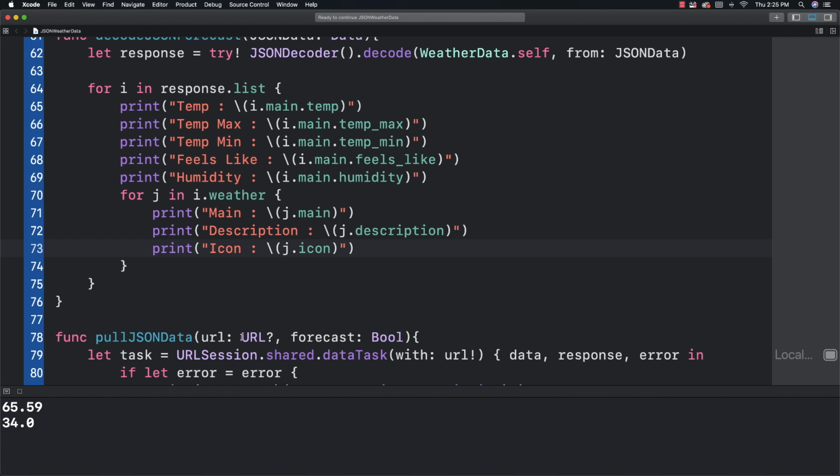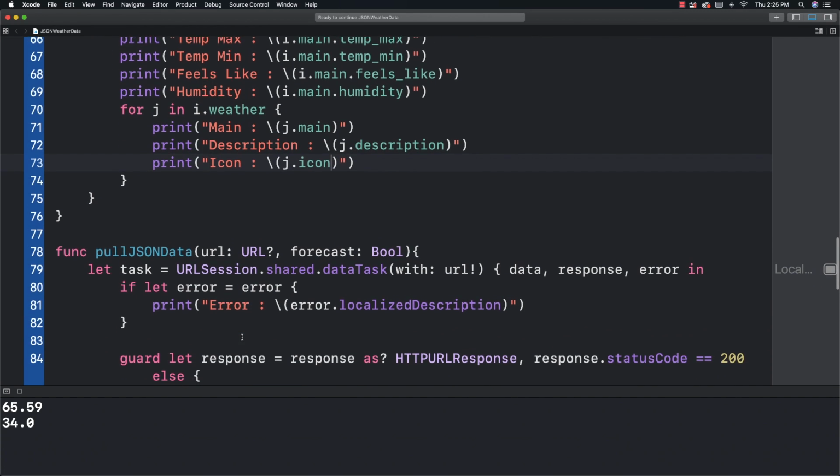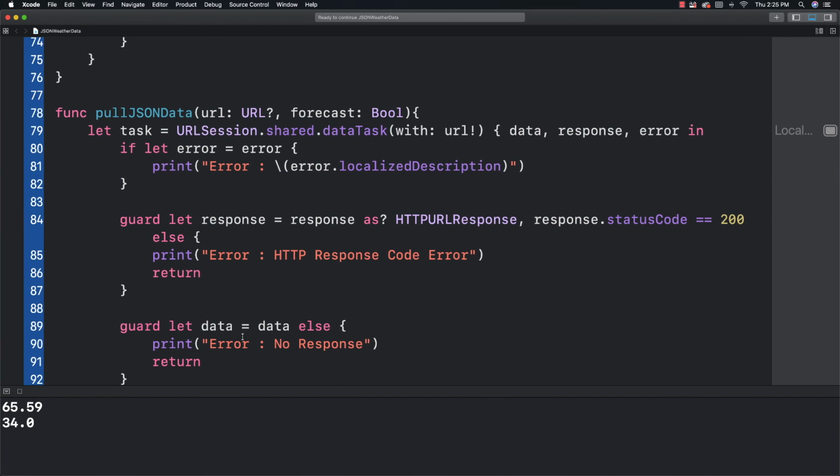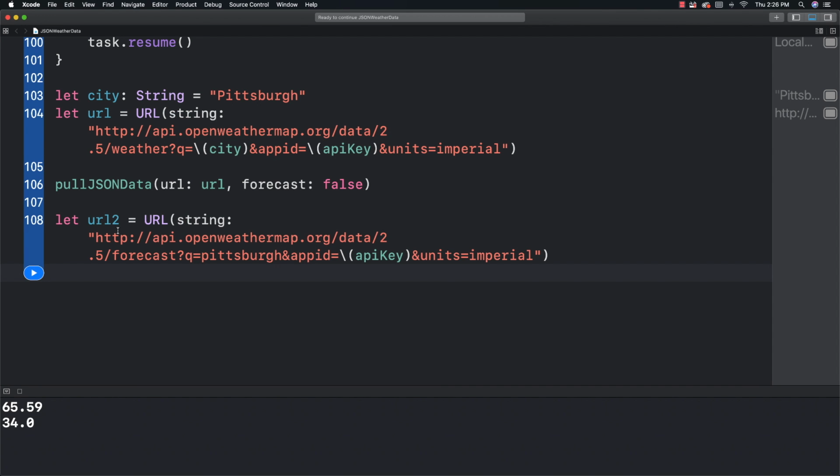Well, that's basically it. So now what I need to do is go and get the forecast URL. So I'm going to create URL 2, and the only difference between this is forecast, and this one is weather. Everything else is exactly the same, except the data is a lot more complicated to deal with, obviously. And then I'm just going to go pull JSON data like this, paste that inside of there. And I'm also going to change this to URL 2 for our new URL and change this to true because we're pulling in